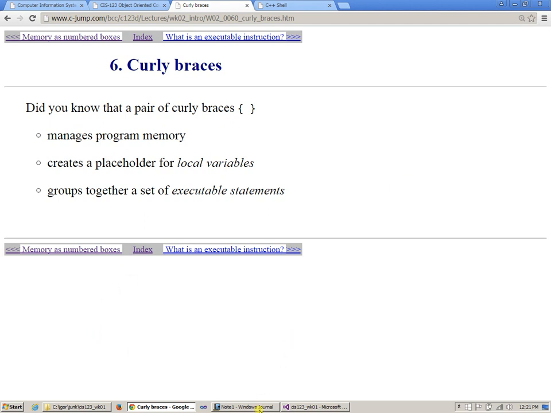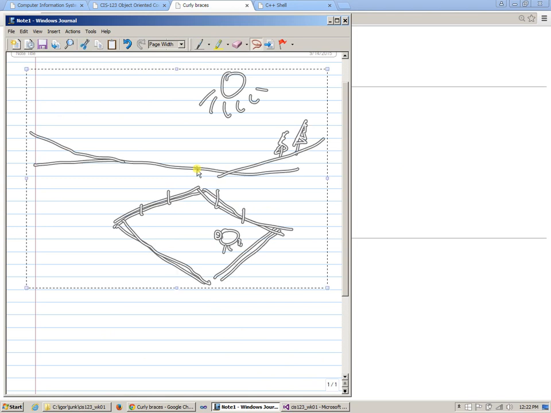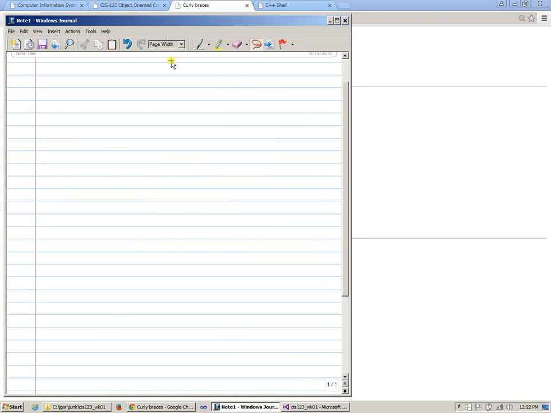Okay, so I'm about to erase this pretty picture. So right here, when we say something like, I don't know, we can have this int main, and in C main doesn't take any parameters. We use curly braces right here, okay, and we can say int x equals 123, and then we can say print